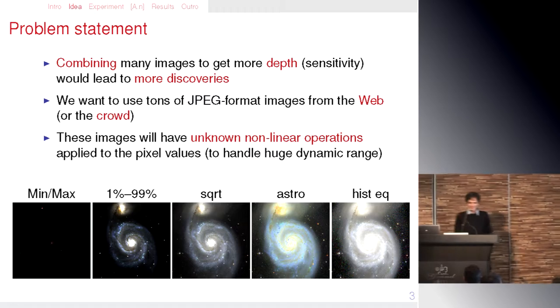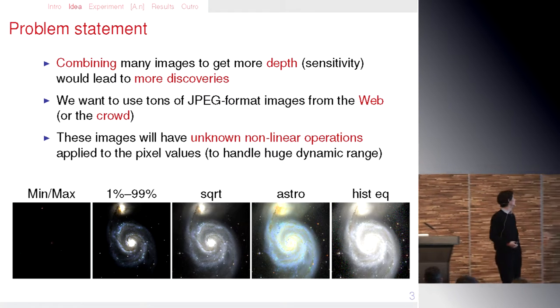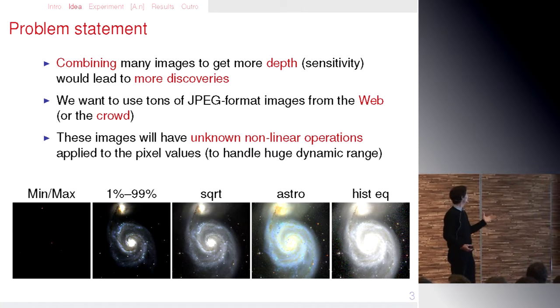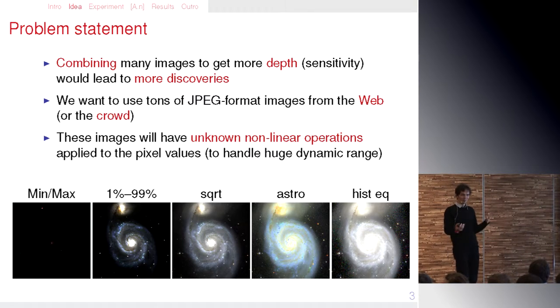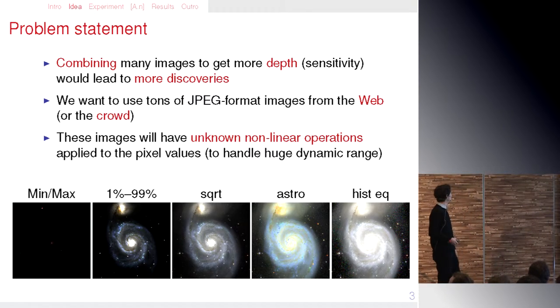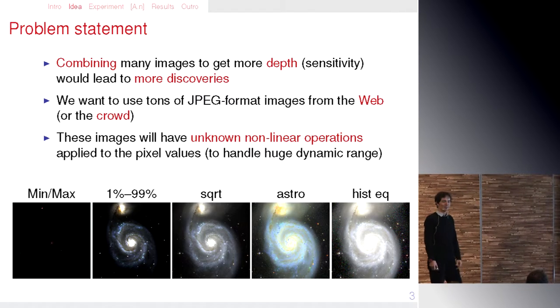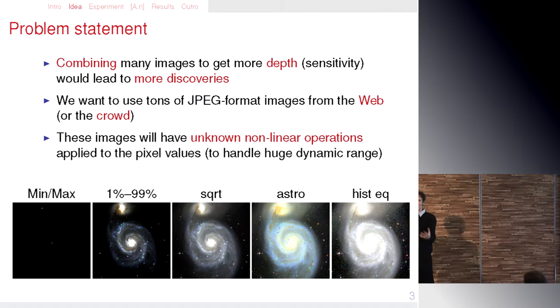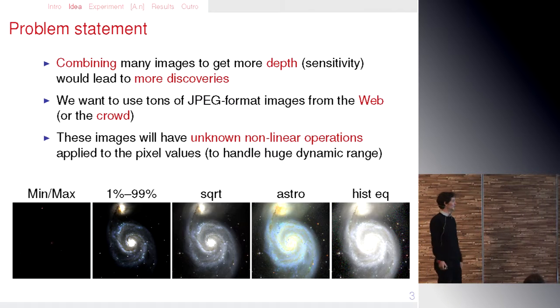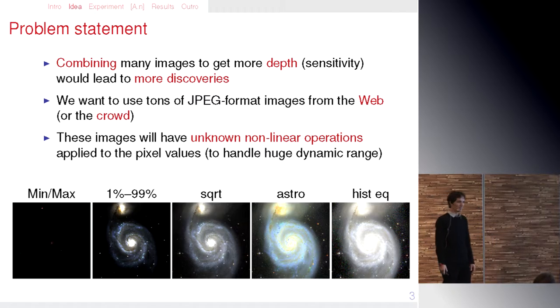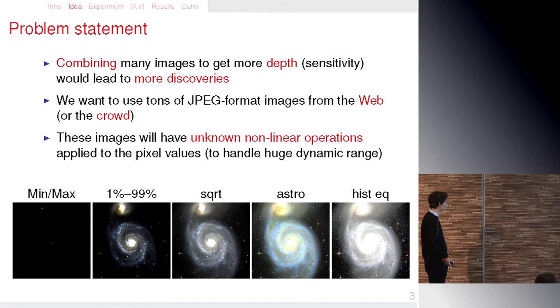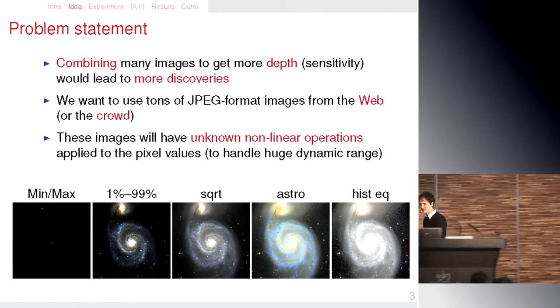OK, so what we're looking at here is, given that if we could combine many images, we'd get more sensitivity, and then we'd discover more things. So of course, we'd like to make use of all of the images on the web, or try to recruit people to contribute lots of images, to go out into their backyards or use their observatories and telescopes and cameras to collect images for us. But of course, the problem we're tackling in this work is that these images